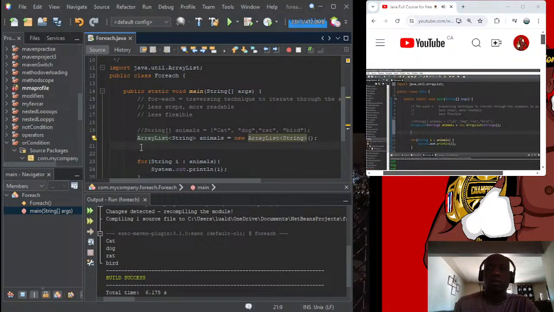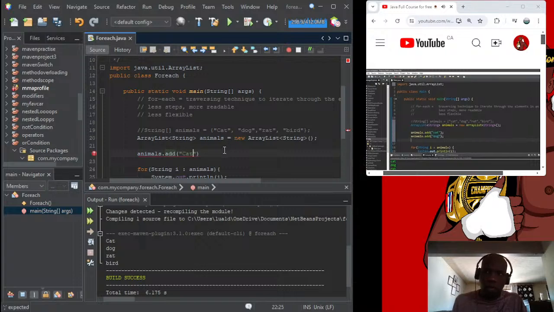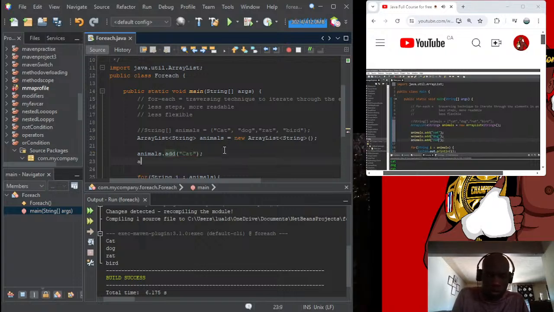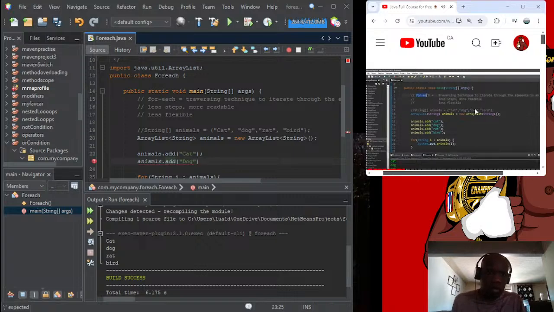some values to each element of this ArrayList. animals.add, we're going to add a cat, then repeat the process for dog, rat, and bird. And you can see that nothing has changed. So remember, a for each